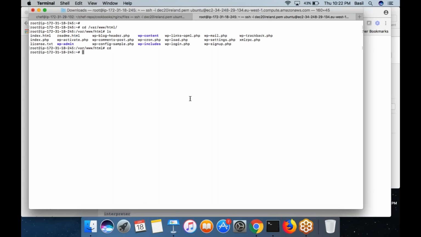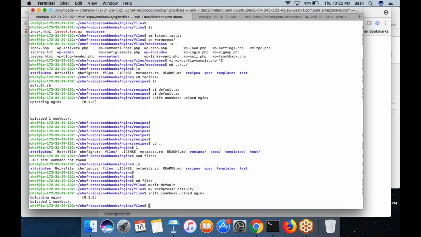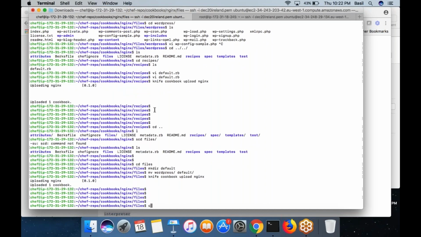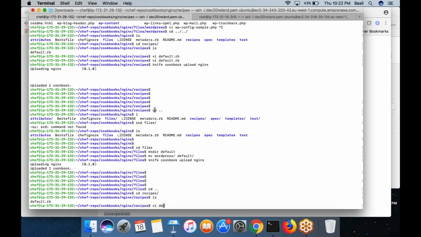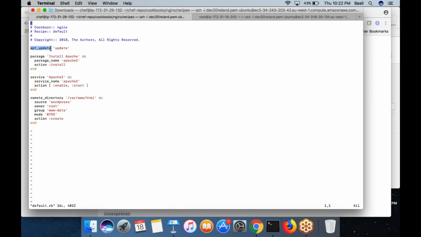Okay, I want to do one more thing. Let's say I have a change in mind. Think about this recipe apt-get update. There's a recipe called apt update which executes the apt-get update on the client node. And I have a second thought. This is probably a resource which I want to run inside most of my recipes, right? Most of my recipes would contain at least one package installation. Before doing any package installation, I want to run an apt-get update command.